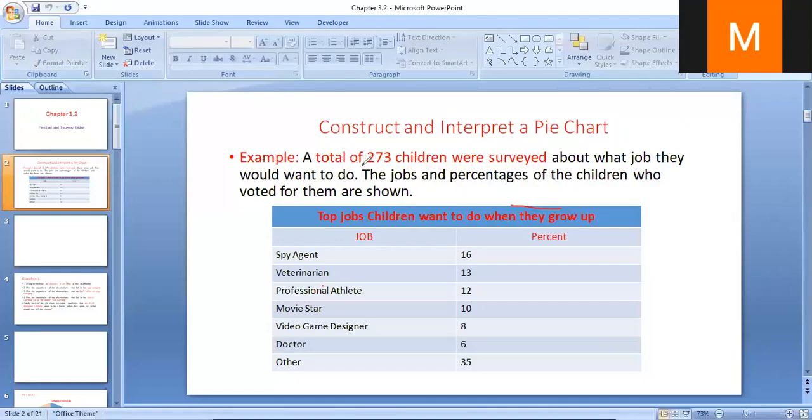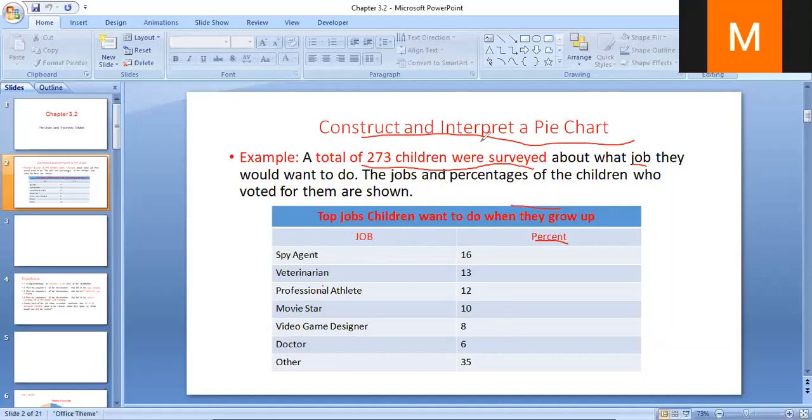Look at this example: there were 273 children in the survey. What job do they want to do? It is the survey. The spy agent is 16%, veteran is 13%, professional athlete is 12%, movie star is 10%, video game designer is 8%, doctor 6%, and other is 35%. Now, if you want to convert this into a pie chart, you go to a Word document